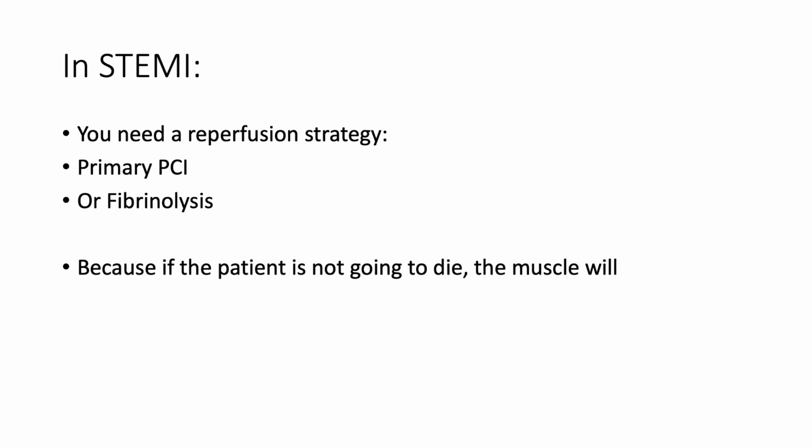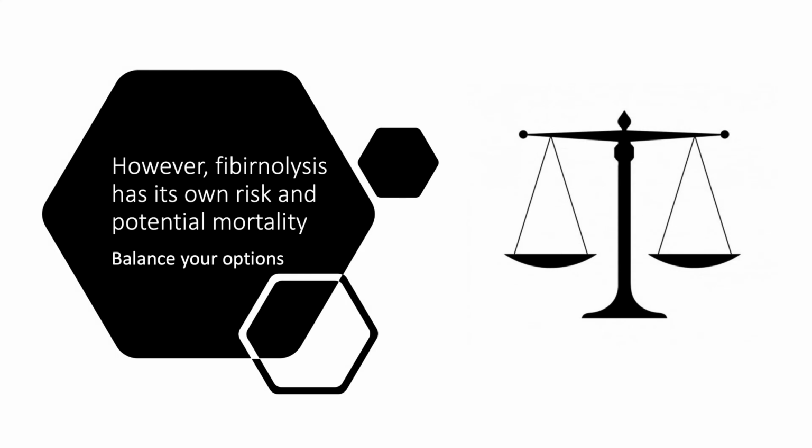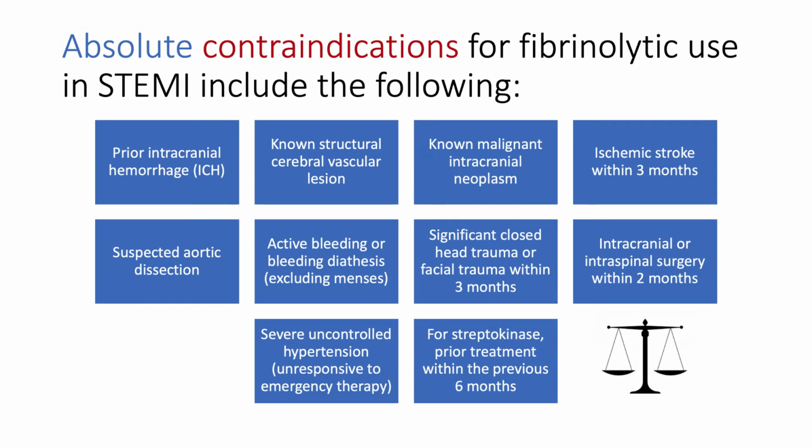The reason this is dangerous is because if there's any bleeding risk anywhere in the body that is being controlled by tertiary hemostasis, by a physiologic thrombosis, I don't know if physiologic is the right term to use here, it could potentially cause severe bleeds, could potentially cause brain bleed. Someone who has any open injury is also at risk. So there's a balancing act that you need to do with fibrinolysis because it has a potential for mortality. And while for all internal medicine residents and cardiology fellows, you need to know the absolute and the relative contraindications and the approach to all the relative contraindications, here I'm just going to present to you the absolute contraindications